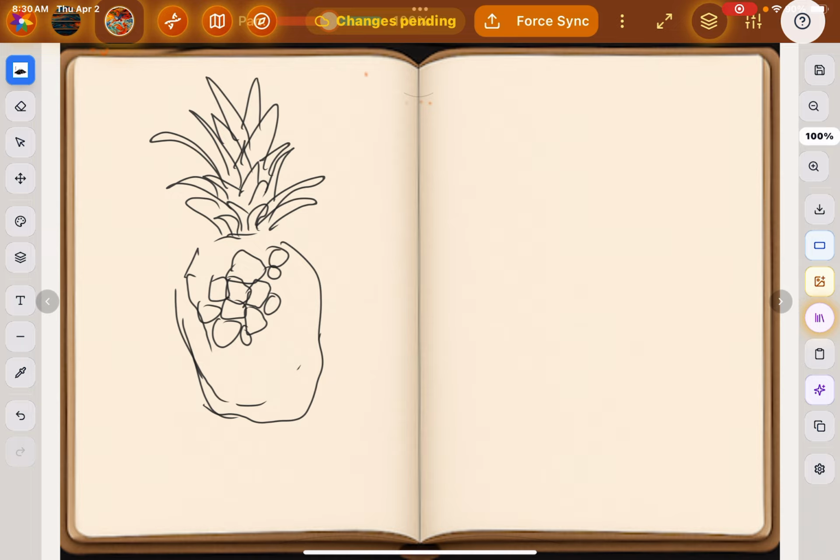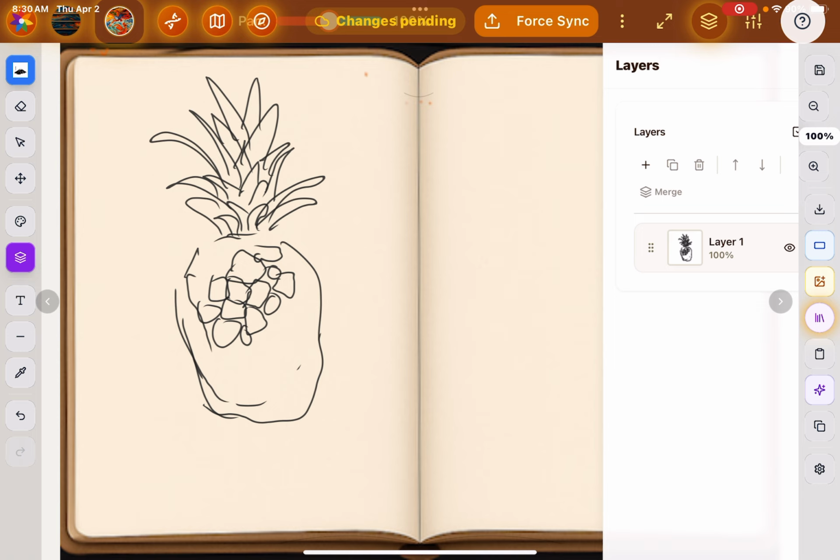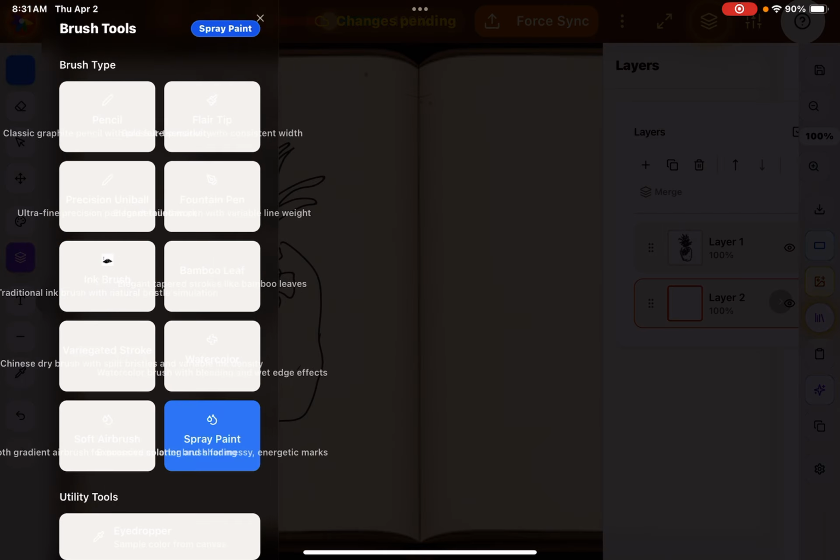So I'm able to do this. If I mess up, hit the undo button. Pretty standard stuff. Layer editor system, I can add a layer. So now I'm going to add a layer, and I'm going to put that below the pineapple. And I'm going to go back to my brush tools. I'm going to add the soft airbrush,